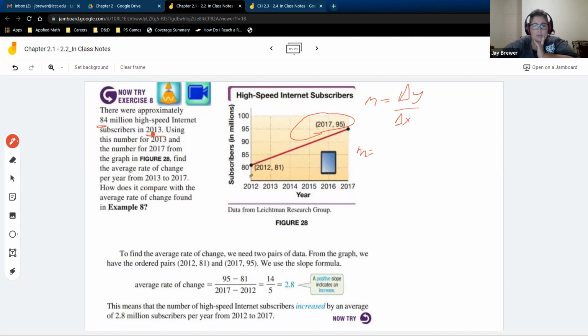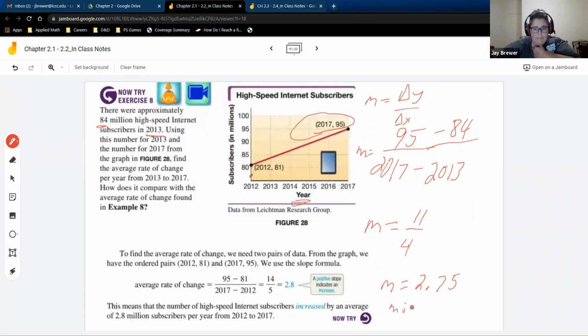Your first point is 2017 and 95. So 2017, you can see the years are on the x's, minus 2013. And then on top will be 95 minus 84. So that's going to give you a slope of 11 over 4, which is 2.75